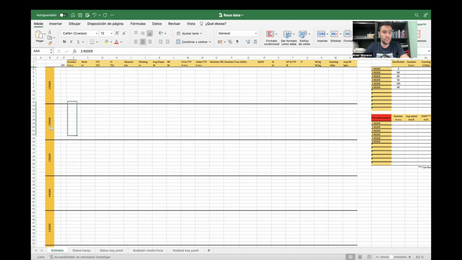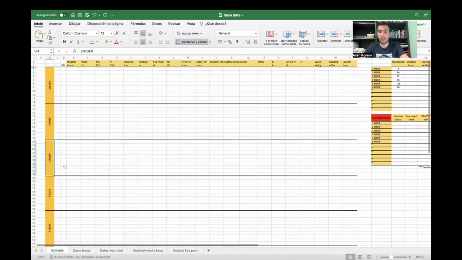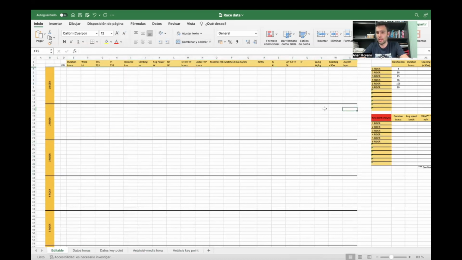But anyway, the second and third rider were to help this first rider, and the fourth, fifth, and sixth rider had to go to the breakaway. We didn't have a team to control the race, so we had to work in that sense because other teams had, I think, 10 or 11 riders, so they wanted to control the race. We had to be on the breakaway.